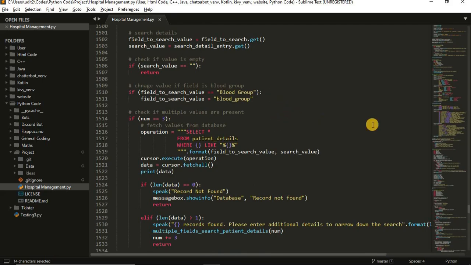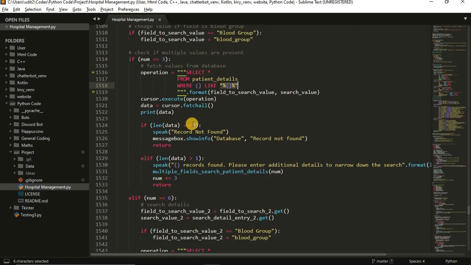There can be numerous instances of age 17 in your database. It will first try to fetch the details from the table using the LIKE and the wildcard clause. Suppose the data fetched from the table is 0, that is, no patient exists, it will just show an error that the record was not found.